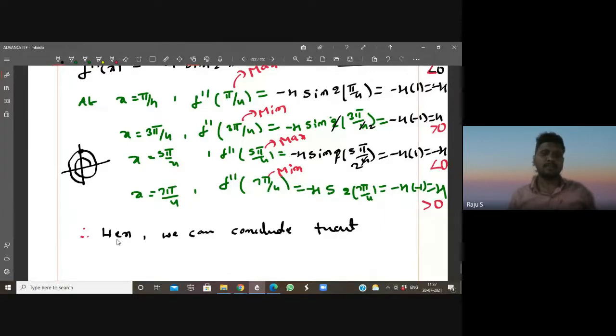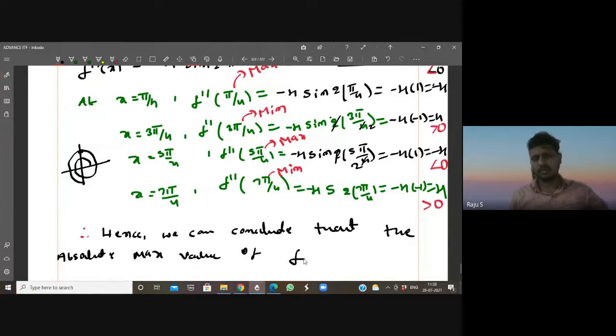Hence, we can conclude that. What shall we conclude here? Maximum value or absolute maximum? Because we are going to get the same value, so we can write absolute maximum, absolute minimum. Write absolute maximum value